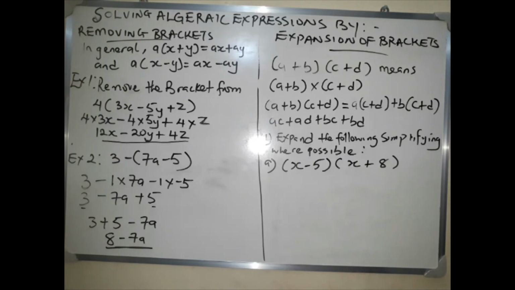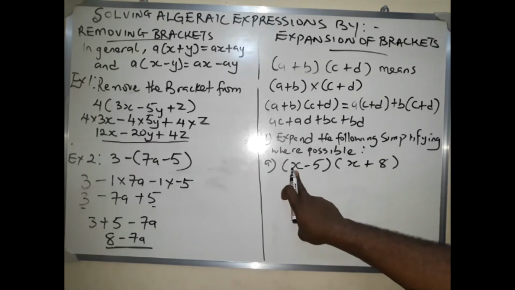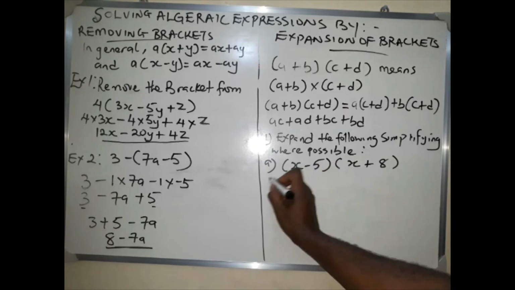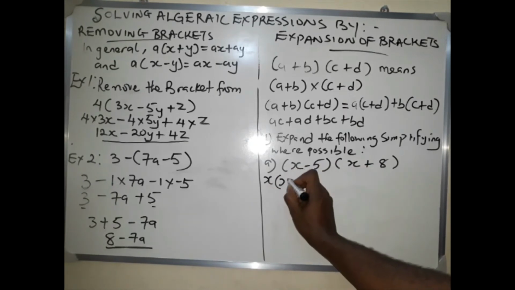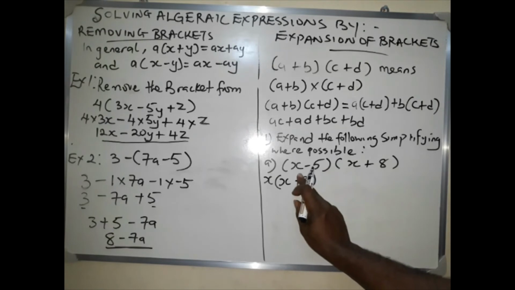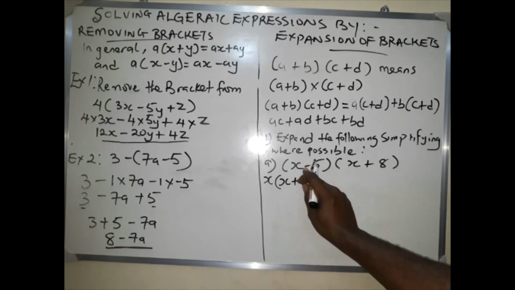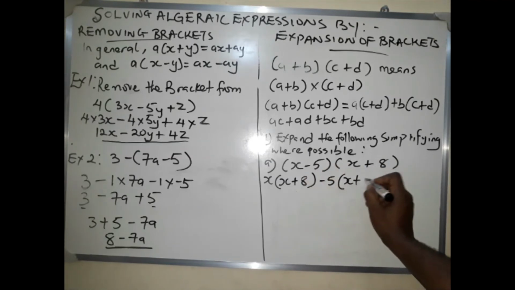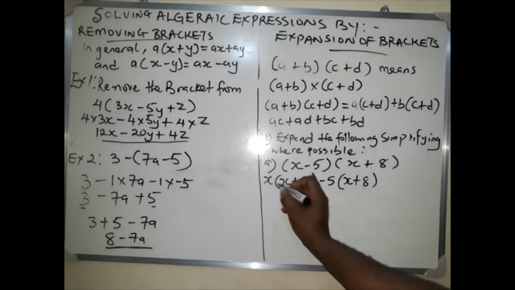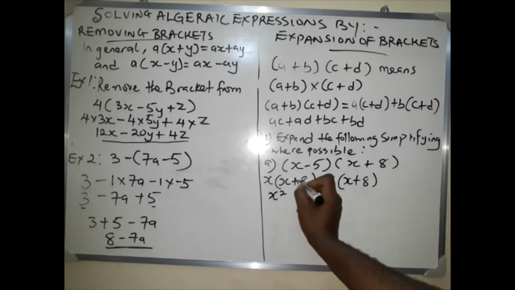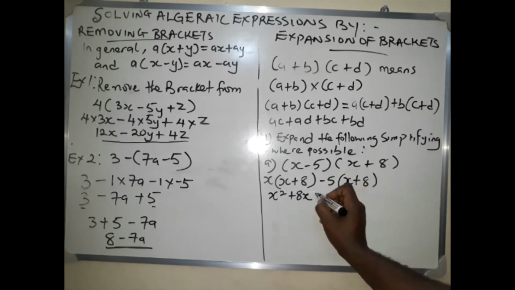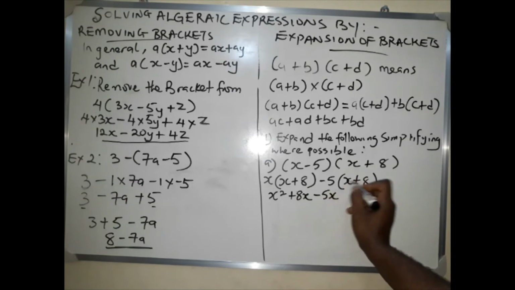So how do we go about it? We do like we did here. We take this first term, multiply everything here, and we take this second term and multiply everything that is here. So we'll start with x. X multiplies x plus 8. Then we'll say minus 5 in bracket multiplies everything here, which is x plus 8 as well. So x times x will give you x squared. X times plus 8 will give you plus 8x. Then you go here, minus 5 times x will give you minus 5x, while minus 5 times plus 8 will give you